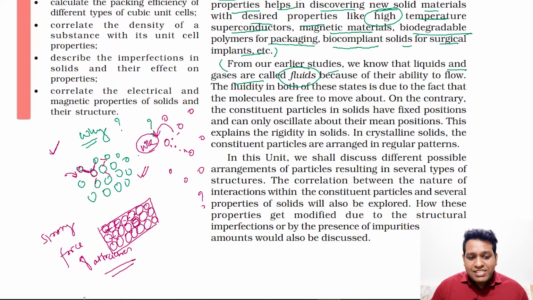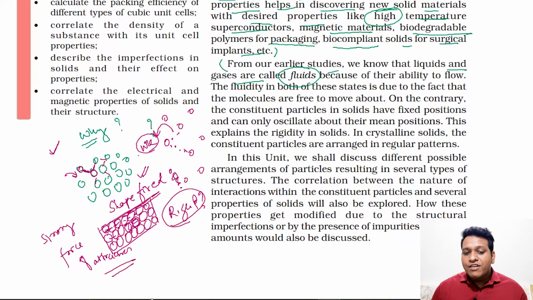These atoms, as they are very tightly packed, do not have any place to move, and if they can't move, what will happen? Their shape will be fixed. Second thing is what? They will be rigid in nature, their shape will be fixed, and that is the reason that the solids are